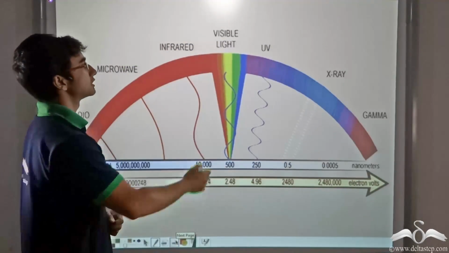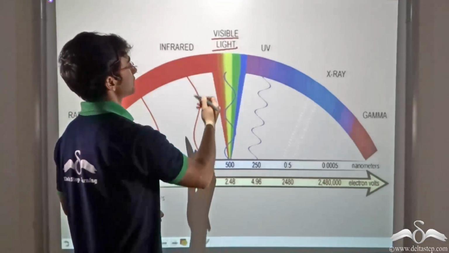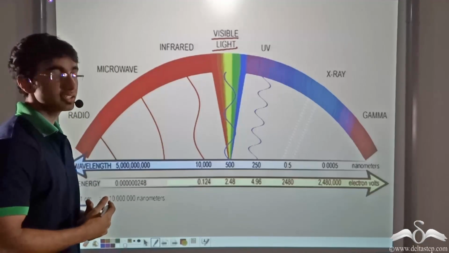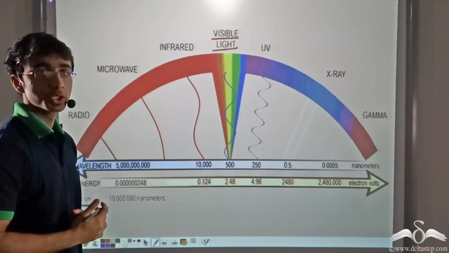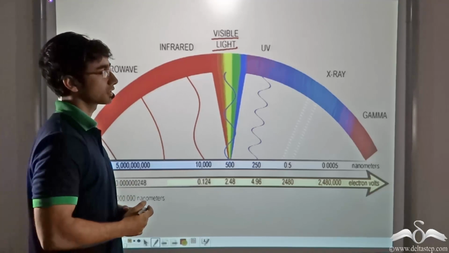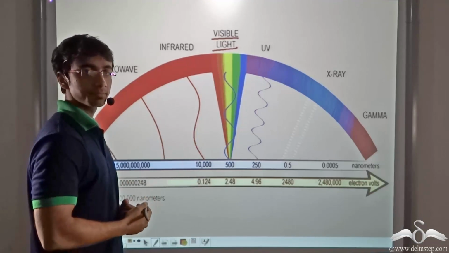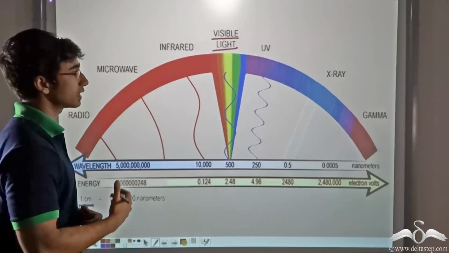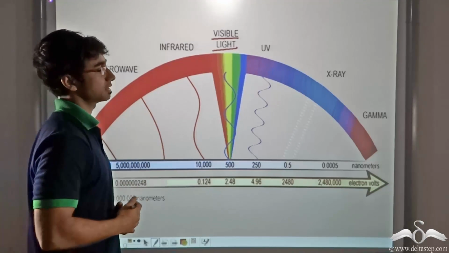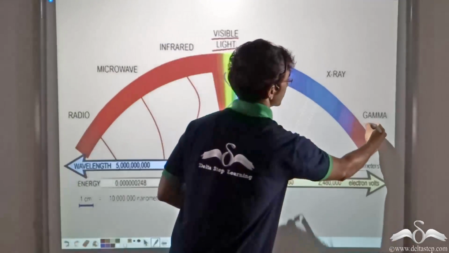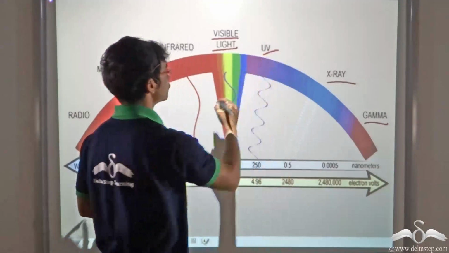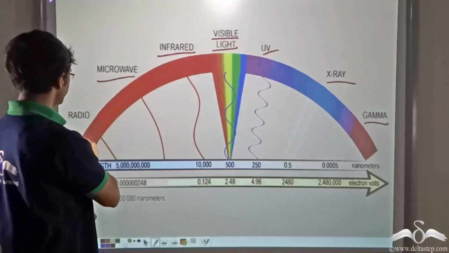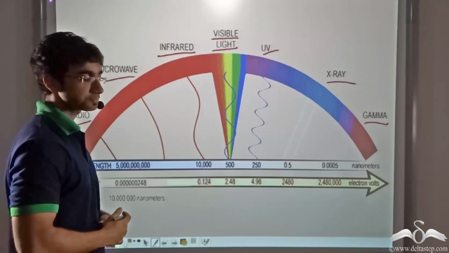Now we talked about the visible part of the spectrum, that was light. Now the other rays that are emitted by the sun in the spectrum are not visible to us. We cannot perceive them. So what are those things called? That part of the spectrum which we cannot see is known as the invisible part of the spectrum, and that includes gamma rays, X-rays, UV or ultraviolet rays, infrared radiation, microwaves and radio waves.